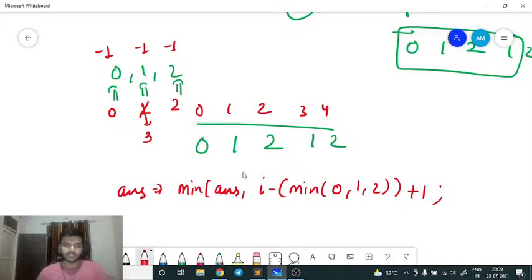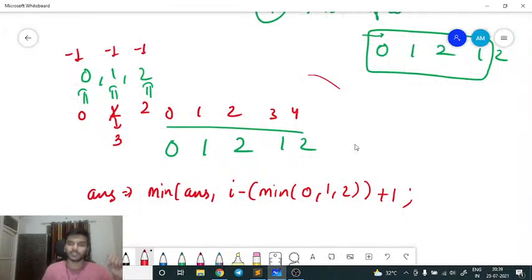And once I have all the occurrences of this one, how will I determine a window? I will determine a window by taking the current index I am pointing at minus the minimum of 0, 1 and 2. Why am I taking the minimum of 0, 1 and 2? Because I have to consider a window in which all of them should be there, right? And since I want to find the minimum window, that's why I'm taking the minimum of 0, 1 and 2. If I consider another example for you, that is 0, 2, 1,